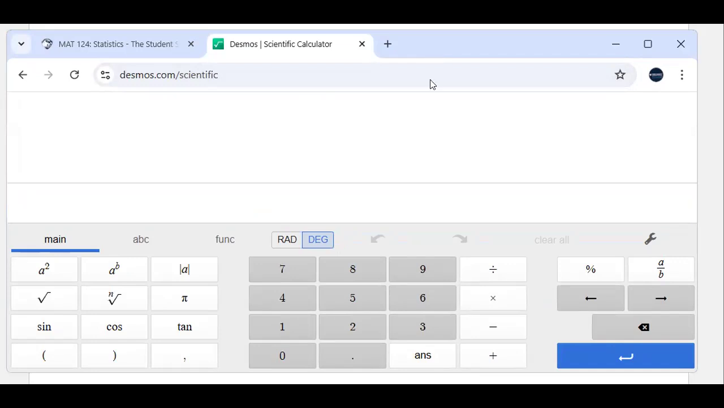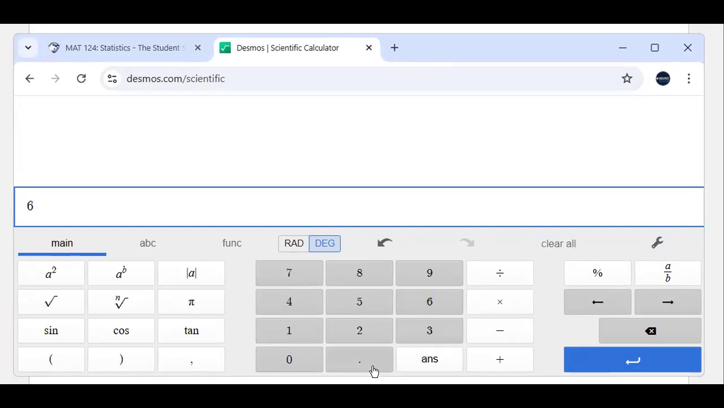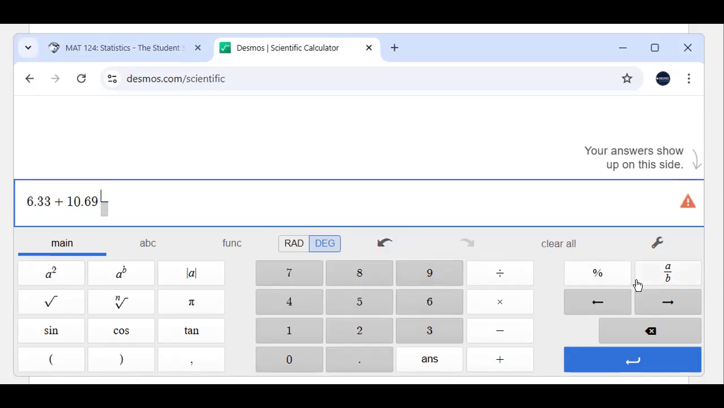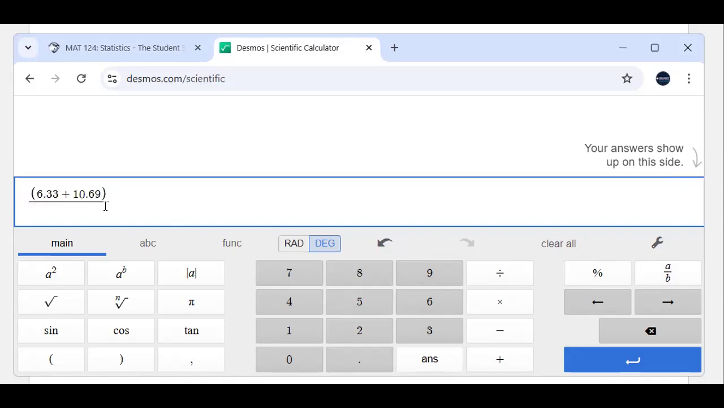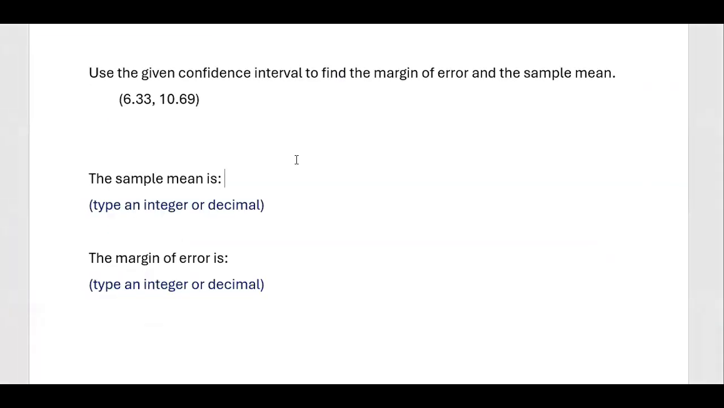So, all right, let's do 6.33 plus 10.69, and I get 17.02. My bad. Let's actually do this. Since I know I need to divide it in half, and I'd like to follow the order of operations, there we go. So 6.33 plus 10.69, divided by 2, is 8.51. So smack dab in the middle of these two numbers is 8.51. That is my sample mean,